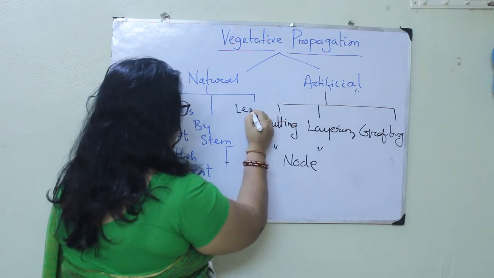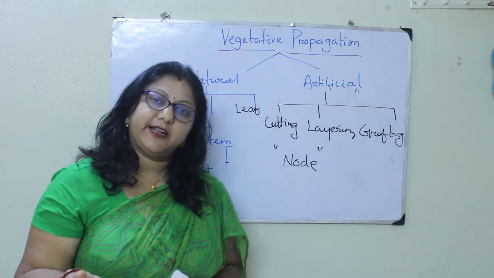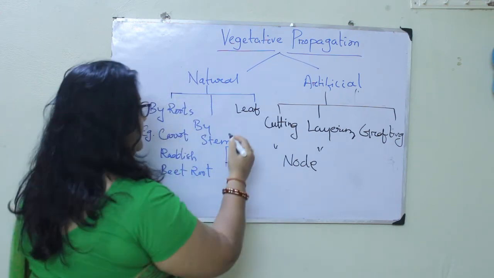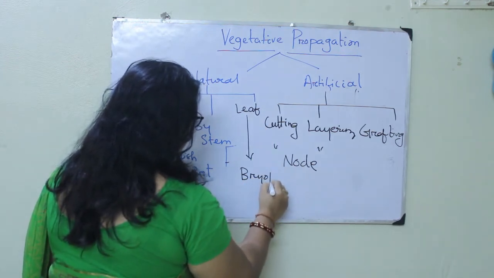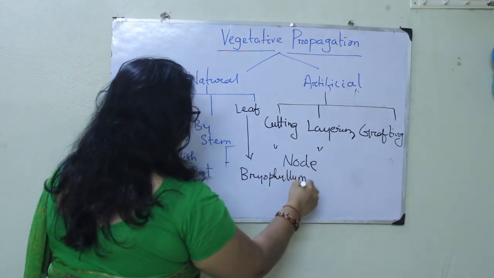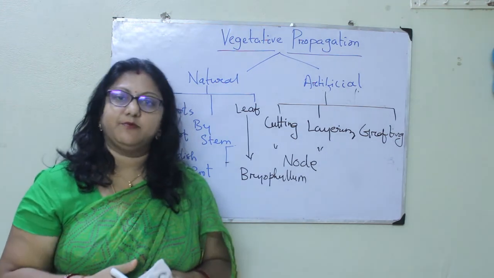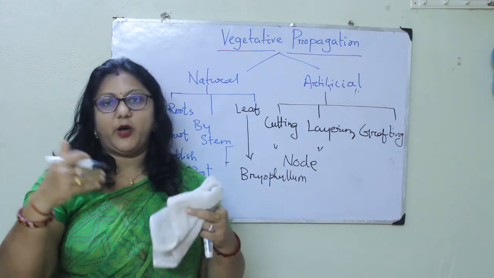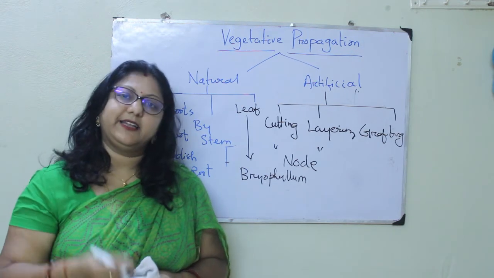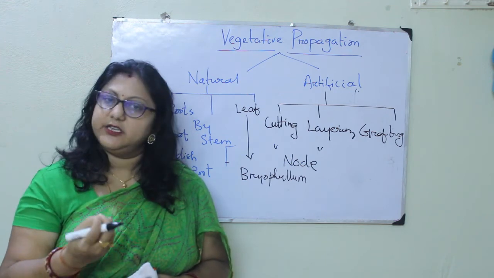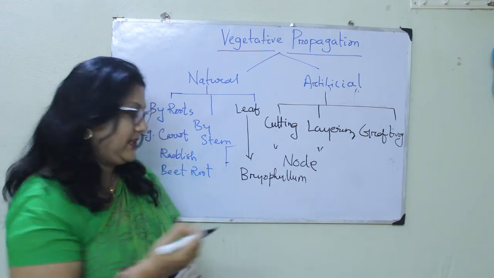Okay. So one more thing, we skipped propagation by leaf. So I will write here, by leaf. We know the example we read in class 10. The example for this one is Bryophyllum leaves. Here the leaf margin will have notches, the groove points. If the leaf is kept in water or in soil, it starts developing new root and shoot system. So the plantlets start developing at the notches of the leaf.